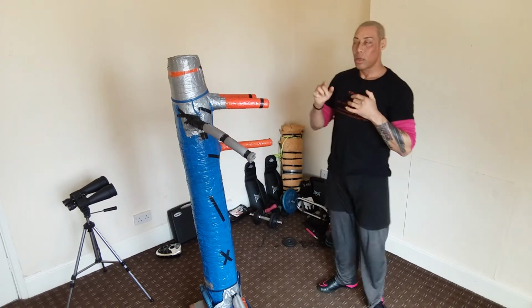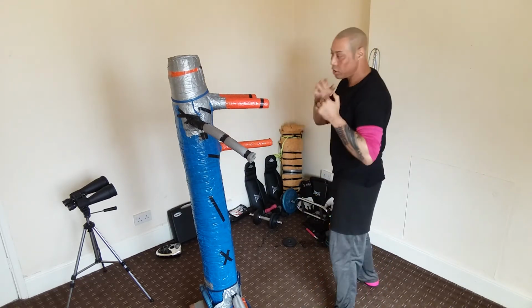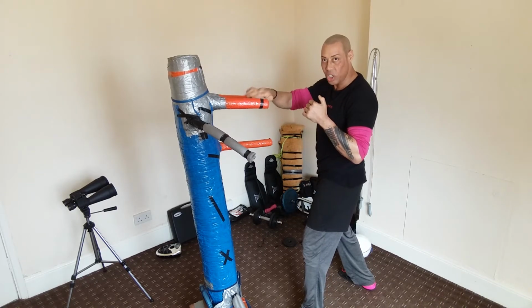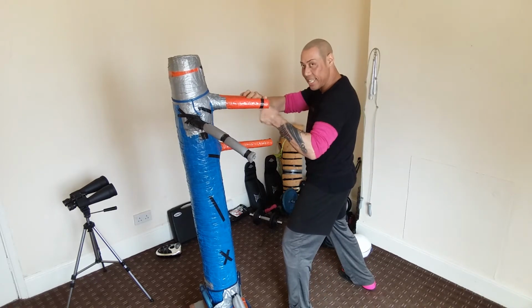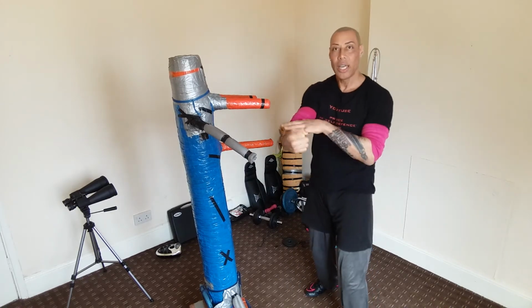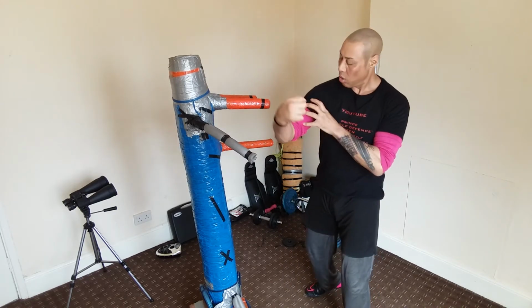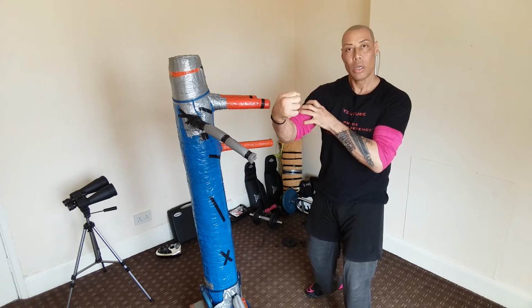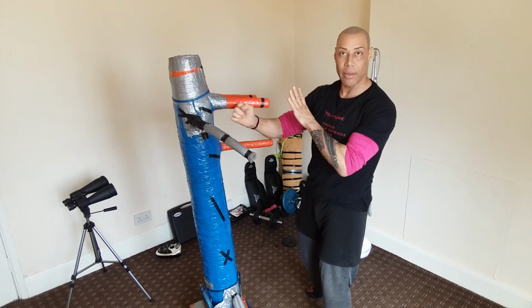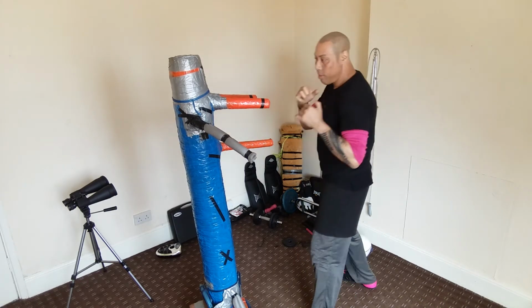Now, we can take that a stage further. So if I'm here and I'm parrying or blocking this incoming shot out, at the same time I'm hitting into this muscle belly. Hopefully I'm going to try and get the extensor muscles or the bicep. Sometimes it's going to be the tricep on the outside. So I'm here